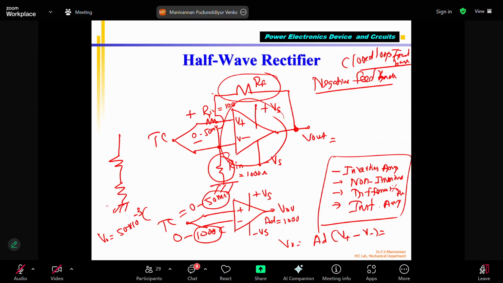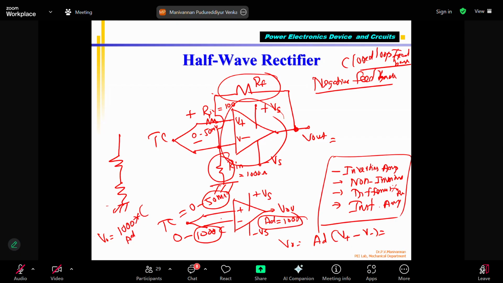I am connecting input to this one. Sorry, very sorry, this is 1000. AD is 1000, extremely sorry. This 1000 is nothing but my AD, already defined here, right? I say AD multiplied by